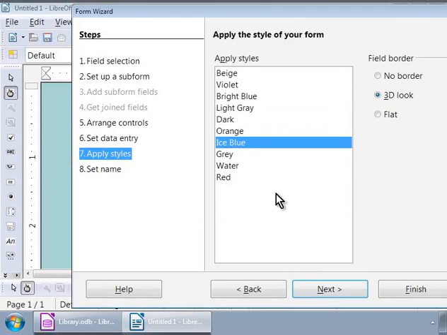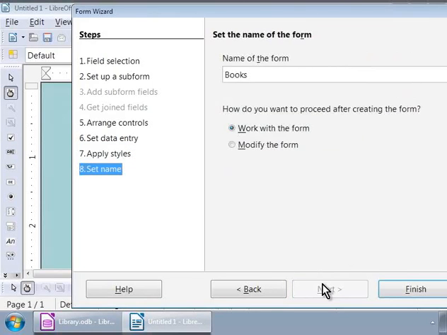Now, let us go to the final step. Step 8. Let us now give a name to our form. We can follow our own naming conventions. But for now, let us type a descriptive name, Books Data Entry Form, in the text box that is below the label Name of the form.